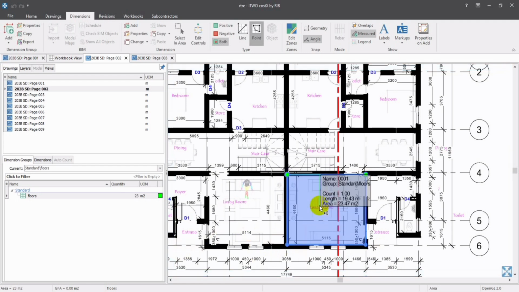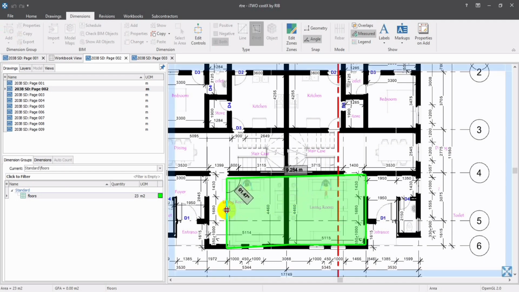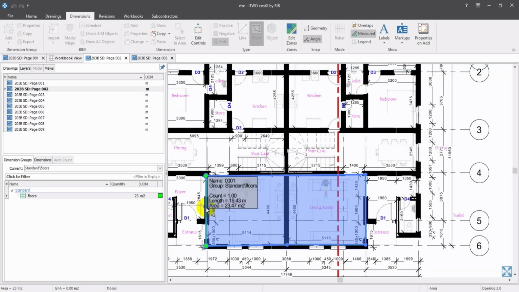And if I want to take this to another level, all I need to do is to move it down to here. So that is it about the area tool. So you could see that we have been able to take off for the area of these living rooms, and assuming that we want to also take off for,